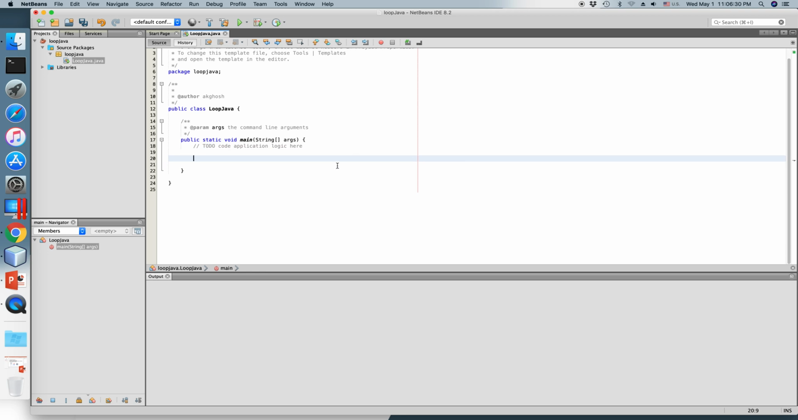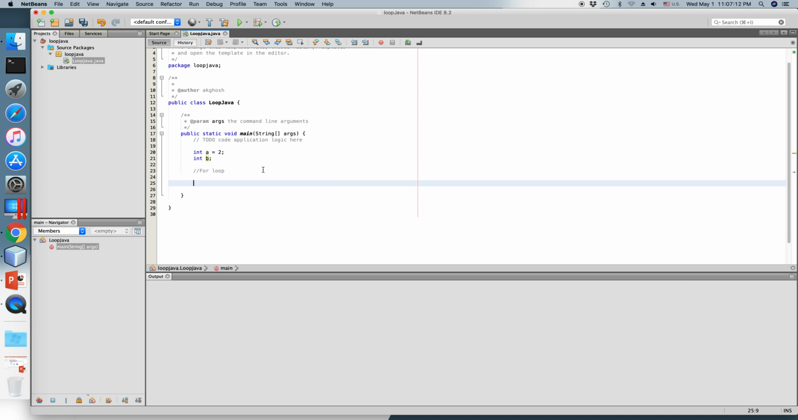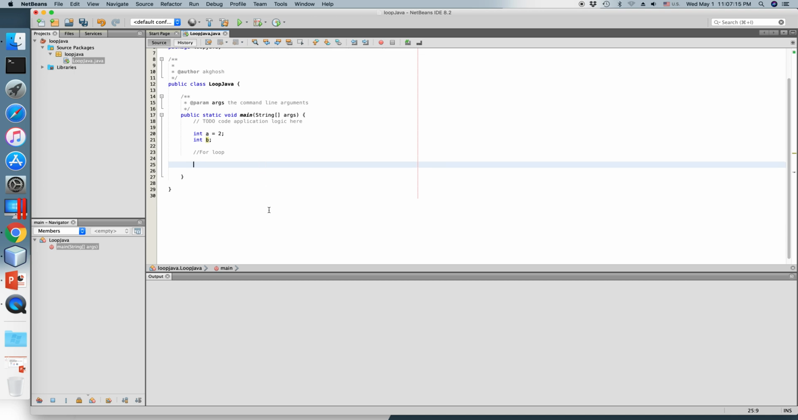As I have said before, I will create a multiplication table using a for loop or do while loop. First, let me do that with the help of a for loop. For that, I will take an integer variable a, and this a will store the value 2, because I will create the multiplication table of 2. Then I will create another integer variable, b, and it will contain the multiplication result every time. Now I will create a for loop in order to create that multiplication table. How can I do that? I can write for